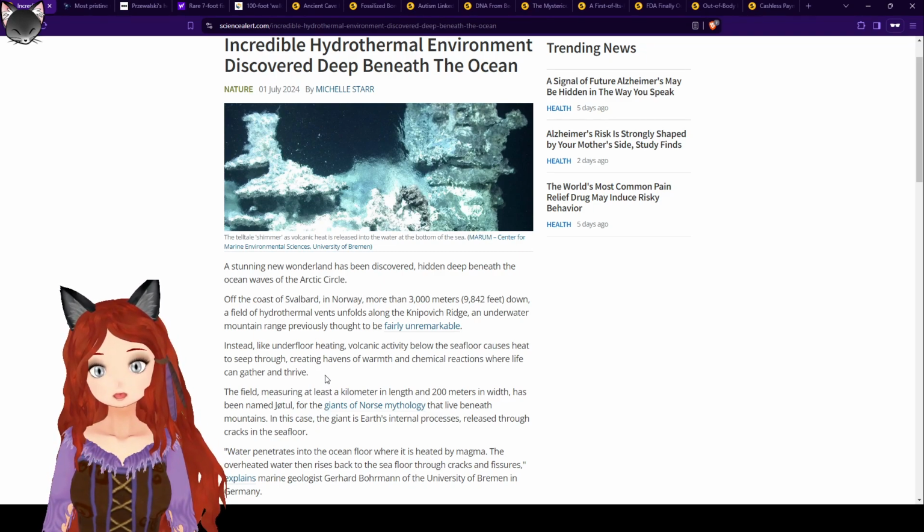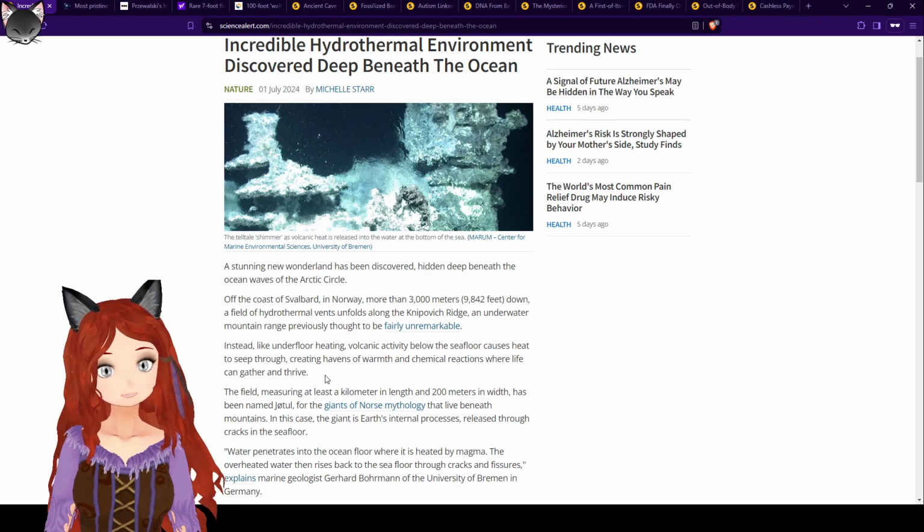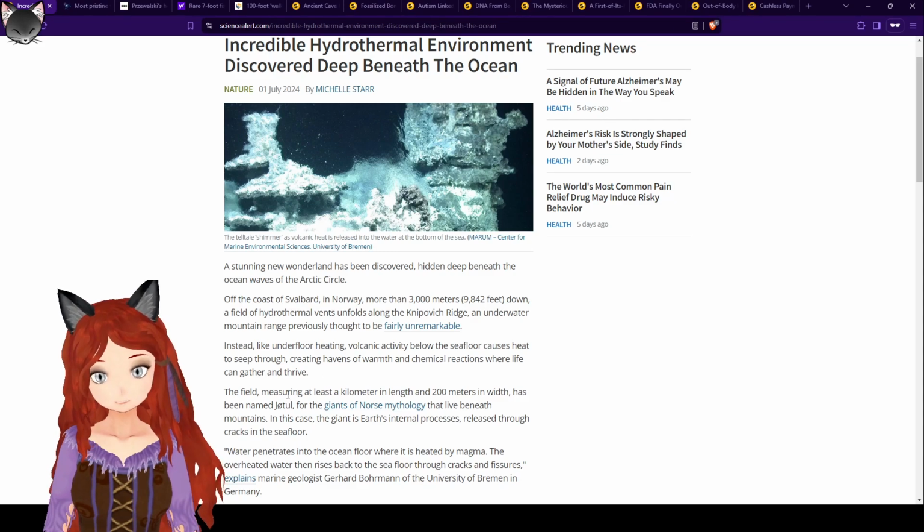Instead, like underfloor heating, volcanic activity below the seafloor causes heat to seep through, creating havens of warmth and chemical reaction where life can gather and thrive. The field, measured at least a kilometer in length and 200 meters in width, has been named...